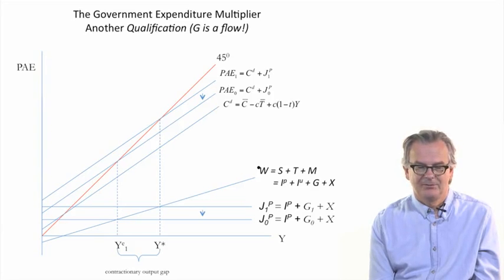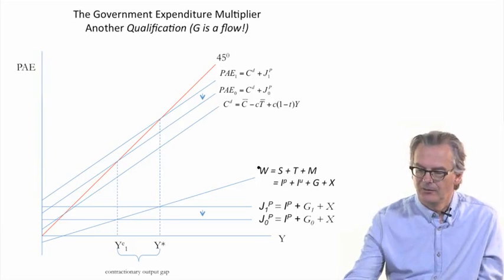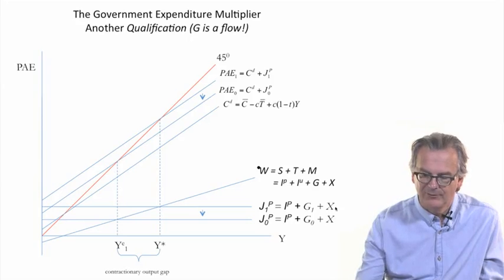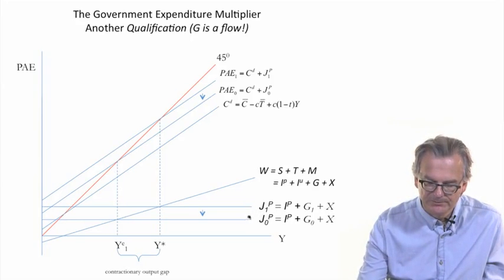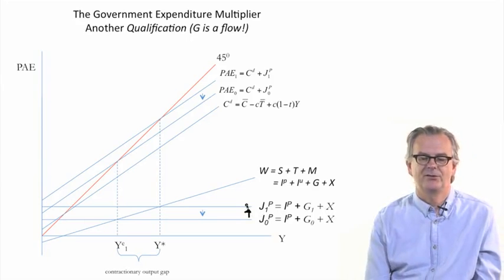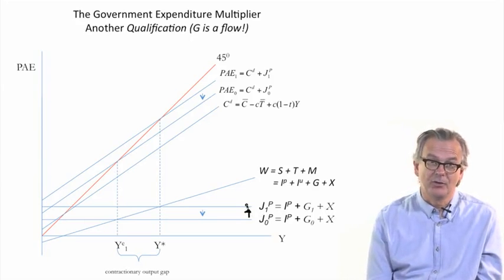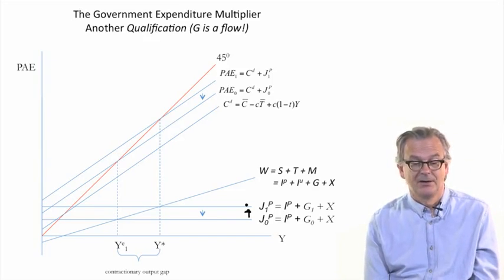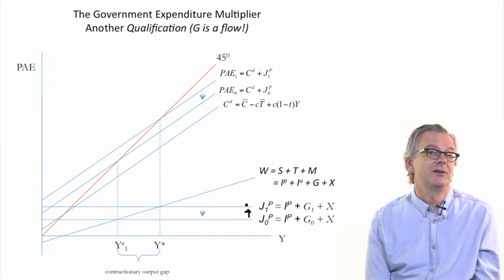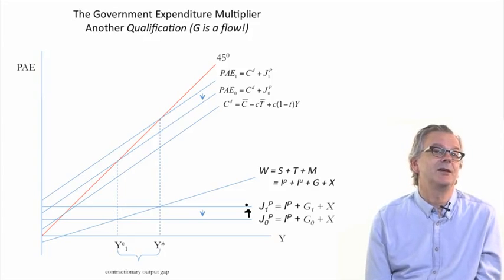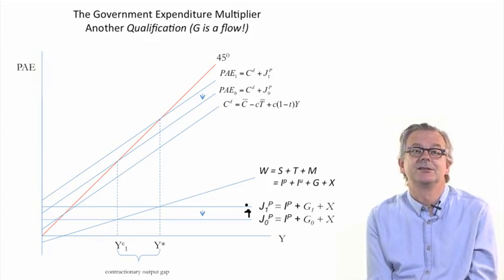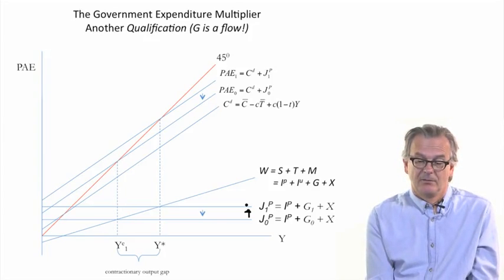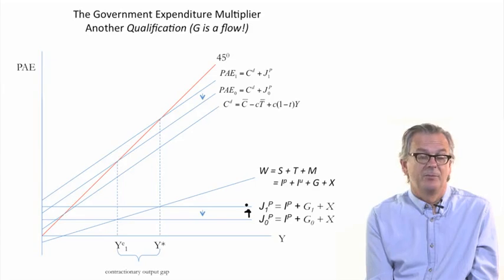Take this particular example that we have here. So we've got this contractionary output gap, and we've increased government expenditure to push planned injections up, and that's fine. Let's just ignore this debate about the size of the multiplier. Let's just suppose that this has happened. And let's suppose we've done this over a particular period of time. Let's say we've done this in the year 2009. But the government budget constraint is there. We can't keep doing this forever.